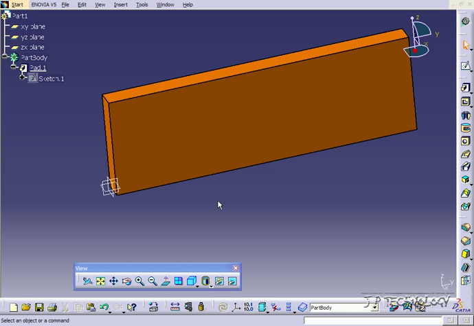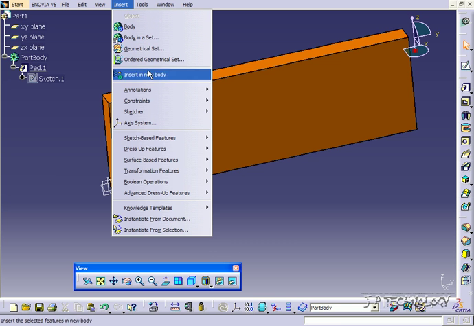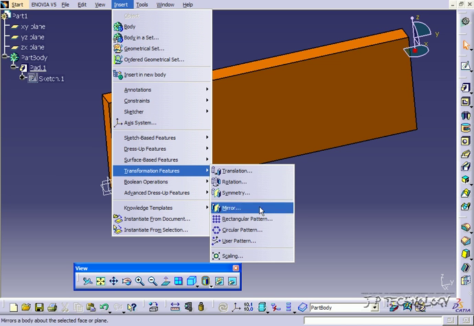This is tutorial number 71, and it covers how to use the rectangular pattern feature within CATIA V5. To start off, open up tutorial part number 71, which is located on the DVD. Now, to find the rectangular pattern feature, what you have to do is click Insert, click Transformation Features, click Rectangular